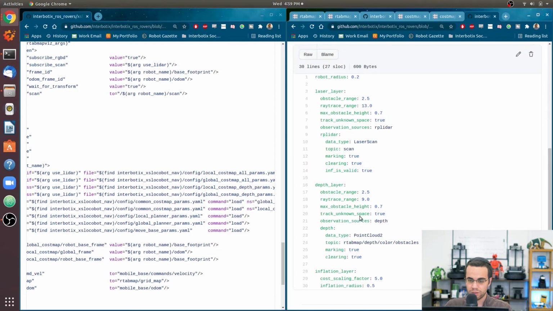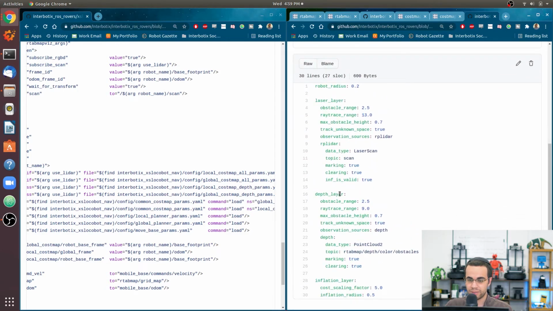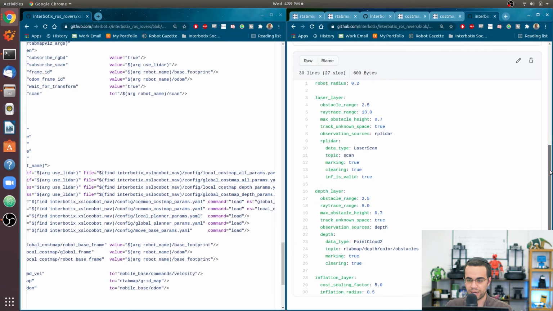So what you could theoretically do is, in your observation sources, have just one obstacle layer, and you just call this obstacle layer. And in the observation sources, you could have RPLidar, and you could have, what did I call this? And depth, and then specify both here. But then the issue with that is the LiDAR could theoretically clear any obstacles detected by the depth camera, and vice versa. The depth camera could clear obstacles detected by the LiDAR, and that might not be something you want to do. And just to give you an example,